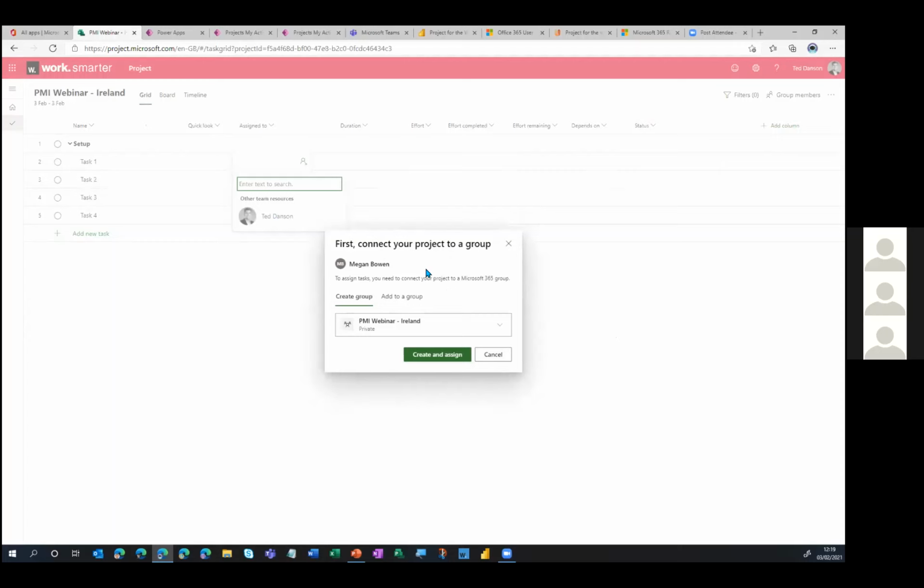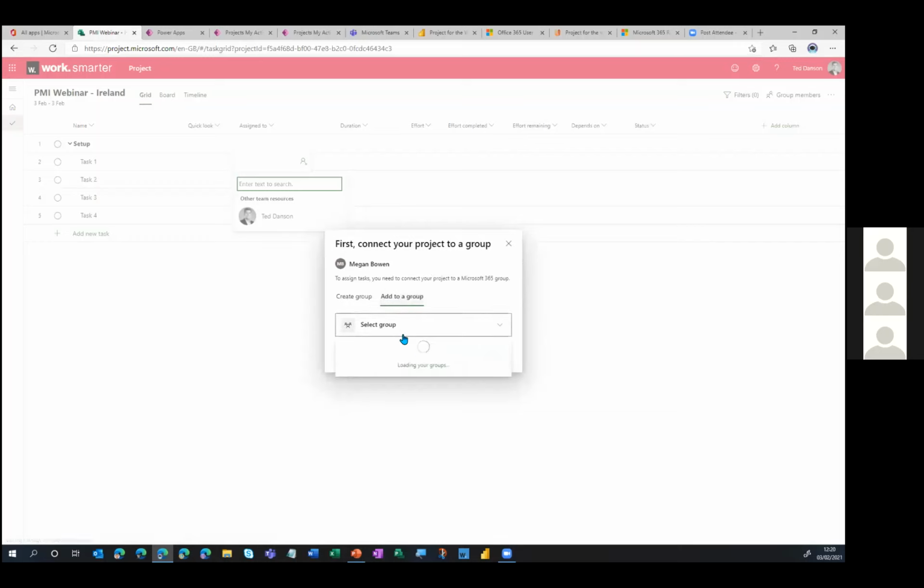So I've got 2 options. I can either create a brand new group or add to an existing group. And when I talk about group, I'm talking about an Office 365 security group. And for those of you that are familiar with Microsoft Teams, you'll be hopefully familiar with the concept of going in, creating a team, adding members to the team, and then those members can pretty much get access to anything that you've created as part of that group. So this ties in again to the same exact security model.